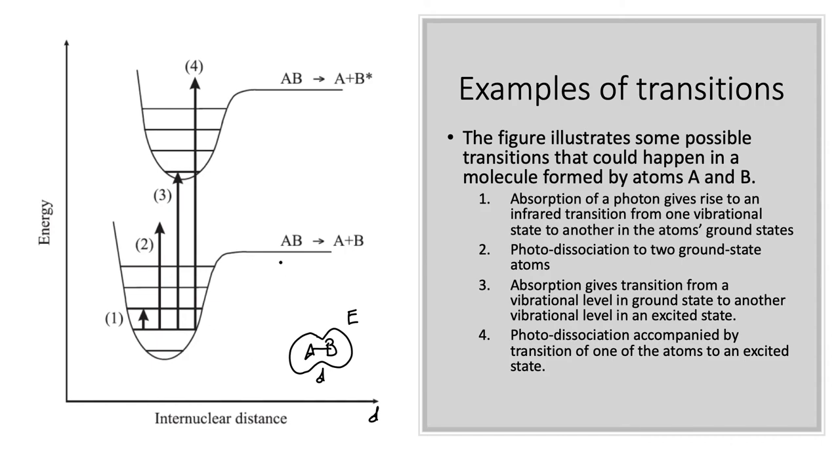And so what could happen? Well, a few things could happen. It could happen that you're in this state, you absorb a photon, and you go to a slightly more excited state. And that's okay. Maybe you're going from one vibrational state to another, or from one rotational state to another, okay? Or you could absorb, for example, you could absorb